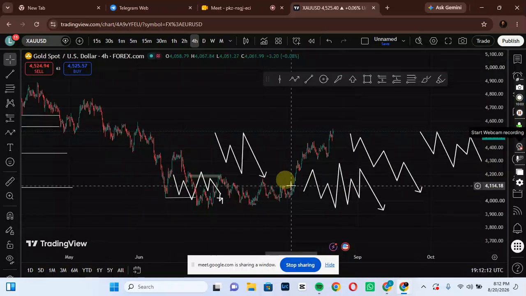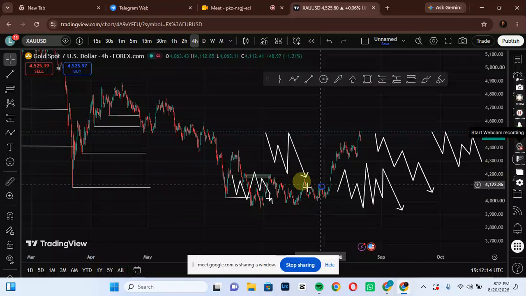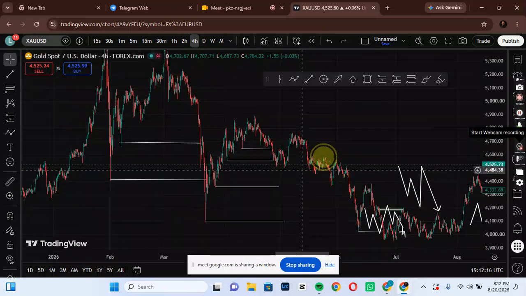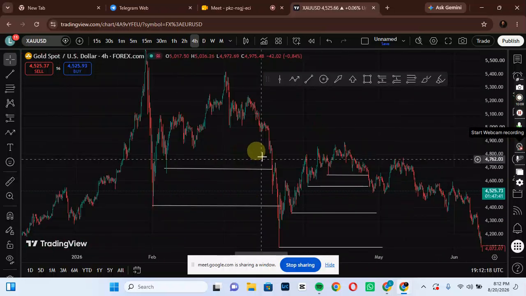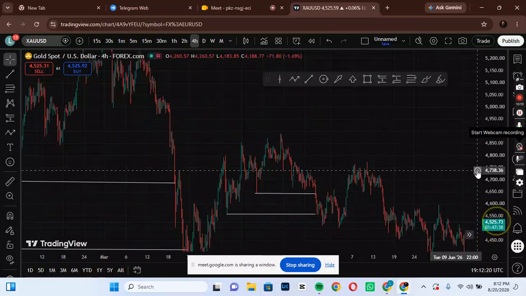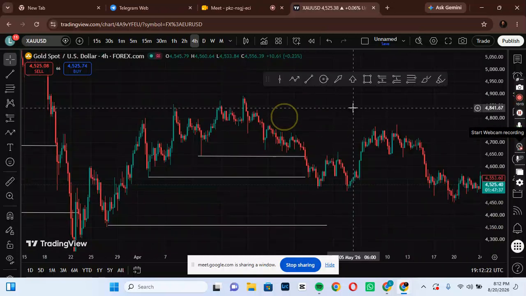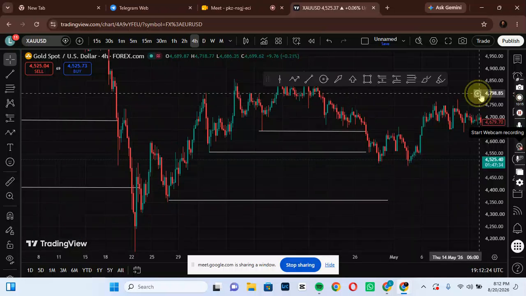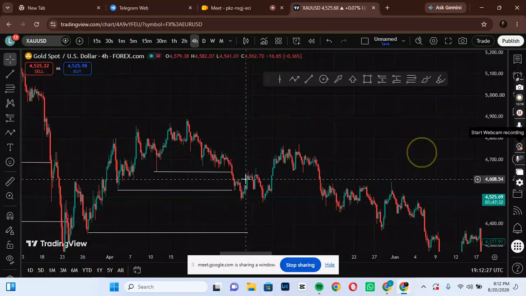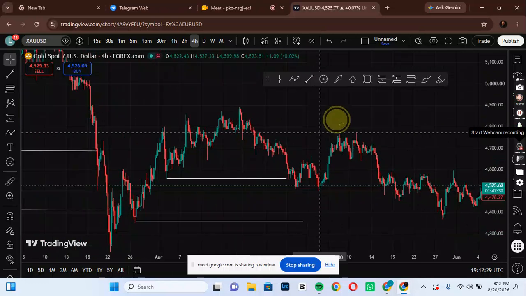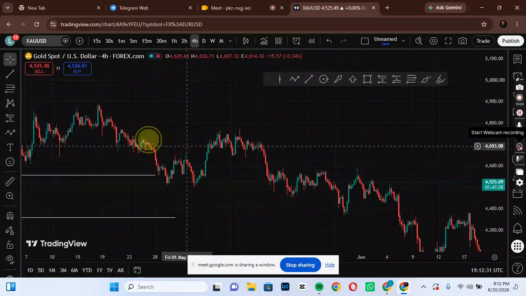But first of all, you need to understand market structure. If you don't understand market structure, it's going to be really difficult for you to understand what I'm saying. I'm just giving you a cheat code, and if you can study it well, you can use it to trade just with that little structure. It plays out all the time. Now,